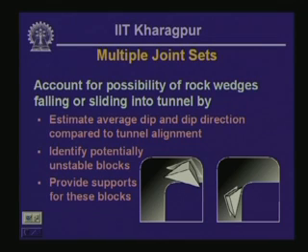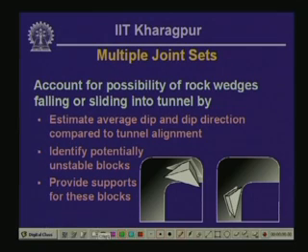You might actually have rock wedges falling from the roof of the tunnel, or there could be wedges falling into the tunnel by sliding from the side wall of the tunnel, and those two problems are illustrated with the two sketches near the bottom right of this particular slide. So, here what we have is the tunnel cross section,